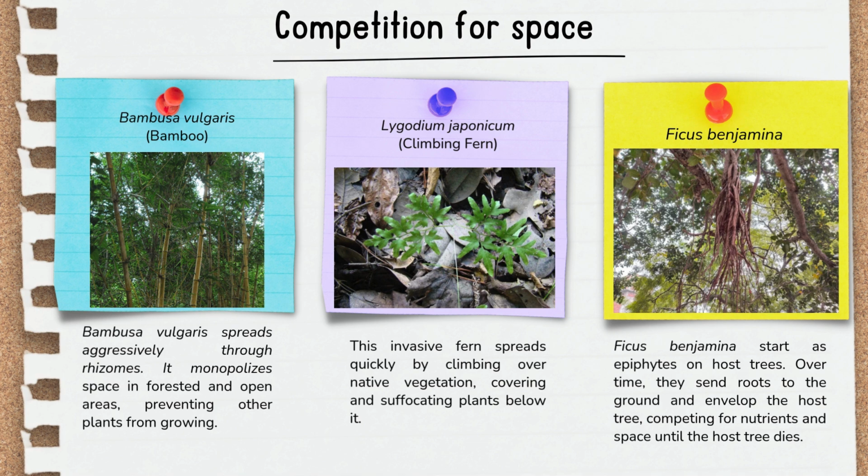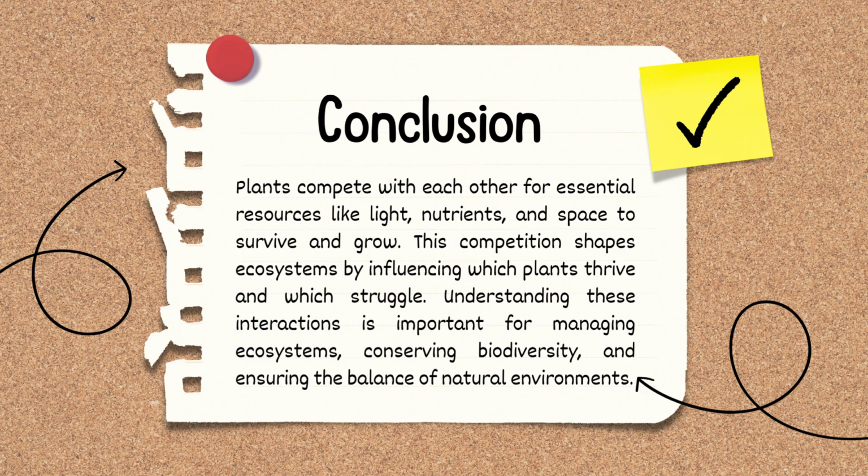And the last one is Ficus benjamina. It starts as an epiphyte on host trees. Over time, it sends roots to the ground and envelops the host tree, competing for nutrients and space until the host tree dies. In conclusion, plants compete with each other for essential resources like light, nutrients, and space to survive